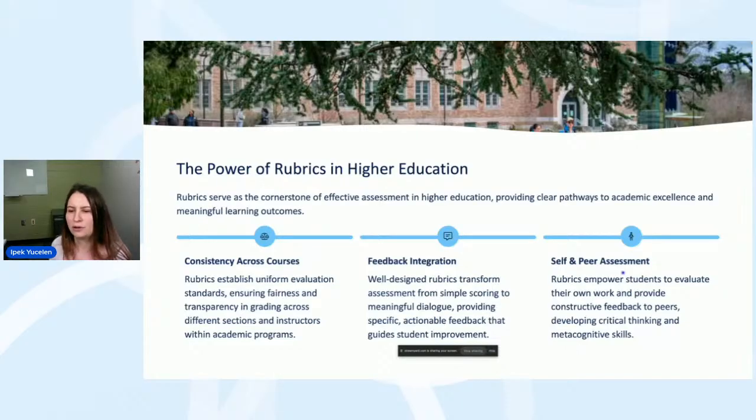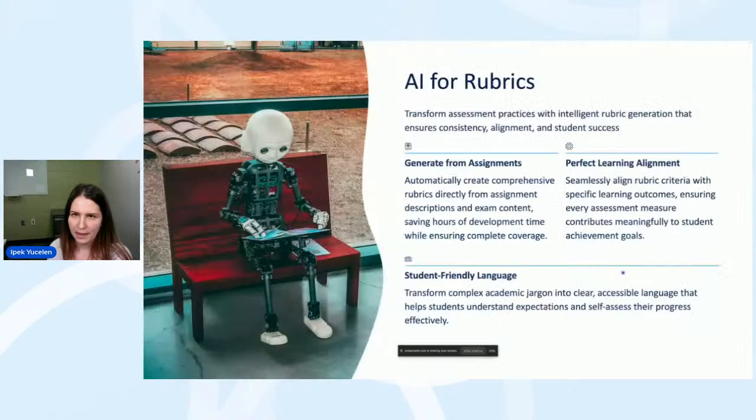And then I also provide the rubrics before the exams, so students know what to expect, and they even assess themselves with a mock exam. So they know what they're getting into when they're getting into the exam. And of course, this helps them to be more successful. So they can use rubrics for self or peer assessment. When it comes to AI, it is very easy to generate these rubrics for us.